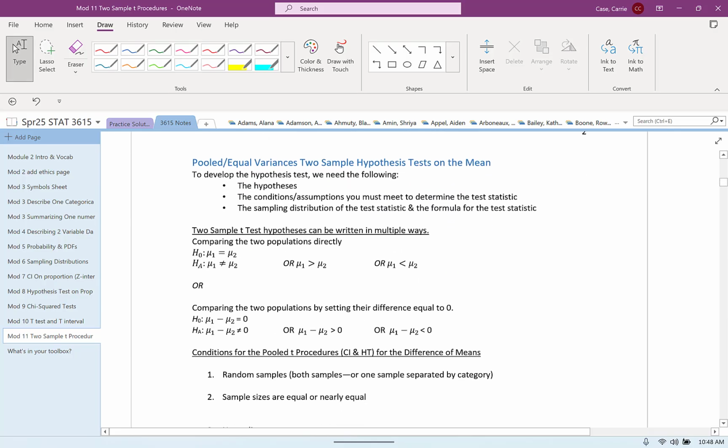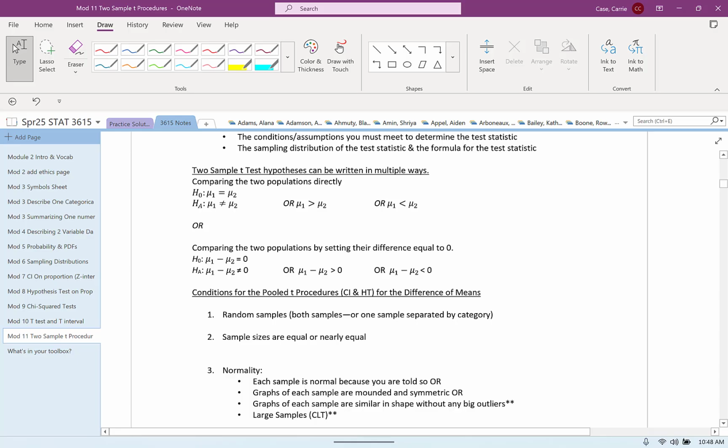We're going to start with the pooled or equal variances two-sample hypothesis test on the mean. To develop our hypothesis test, remember we need our hypotheses, the conditions that we have to meet to determine our test statistic, and the underlying sampling distribution and the formula for that test statistic. So the two-sample T hypotheses can be written in multiple ways. Mu1 is equal to mu2 as the null, and then the alternative is mu1 is not equal to mu2, or mu1 is greater than mu2, or mu1 is less than mu2,